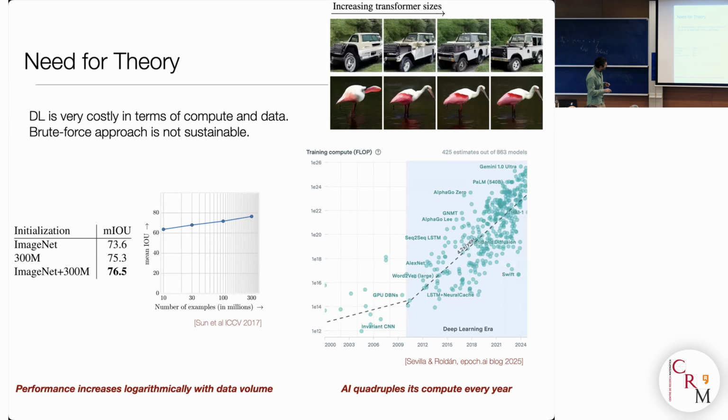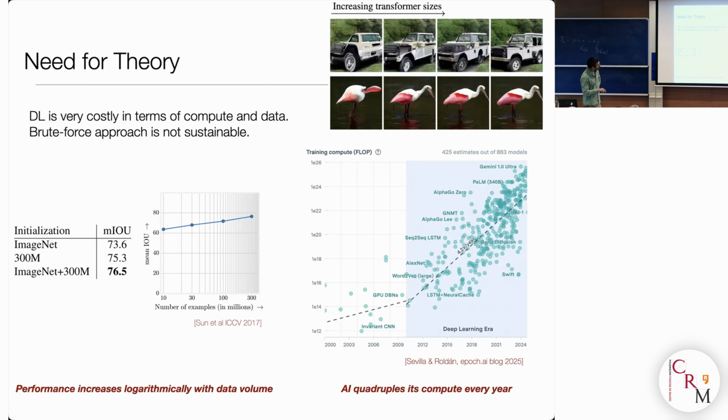These two graphs show that. This actually is the cost of AI in a way. This first graph tells you how the quality of the model improves, according to one measure, as you increase the size of the data set. And the scaling is not good, because this axis is logarithmic and this one is linear. It means you need an enormous amount of data to get improvement. That's not a good sign, because you're going to run out of data very quickly.